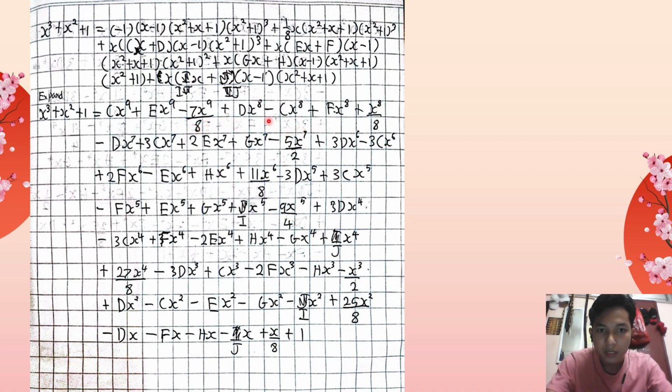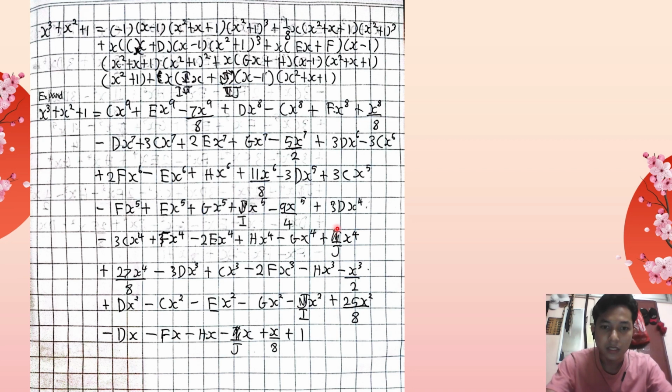plus dx to the power of 8 minus cx to the power of 8 plus fx to the power of 8 plus x to the power of 8 over 8 minus dx to the power of 7 plus 3cx to the power of 7 plus 2ex to the power of 7 plus gx to the power of 7 minus 5x to the power of 7 over 2 plus 3dx to the power of 6 minus 3cx to the power of 6 plus 2fx to the power of 6 minus ex to the power of 6 plus hx to the power of 6 plus 11x to the power of 6 over 8 minus 3dx to the power of 5 plus 3cx to the power of 5 minus fx to the power of 5 plus ex to the power of 5 plus gx to the power of 5 plus ix to the power of 5 minus 9x to the power of 5 over 4